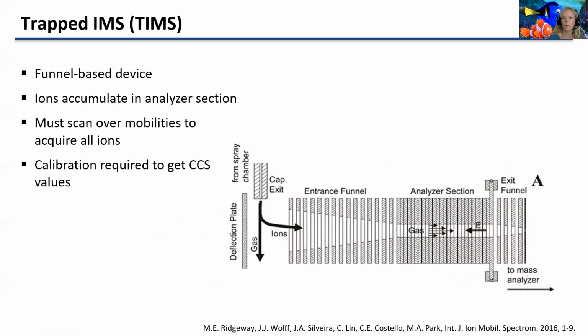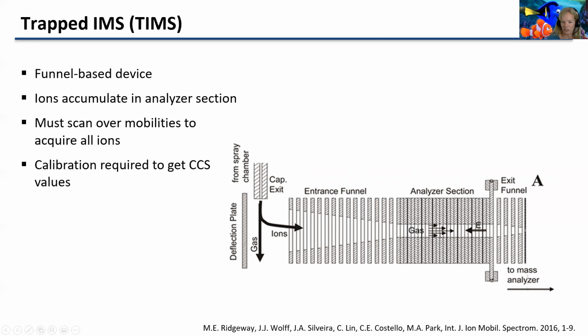And then our final one that I'm going to talk about is trapped ion mobility spectrometry. Trapped ion mobility spectrometry happens in a funnel. You can see this funnel-like device, that's our trapped ion mobility spectrometer. Here the ions will accumulate in the analyzers, and then they'll start to separate based on their mobilities